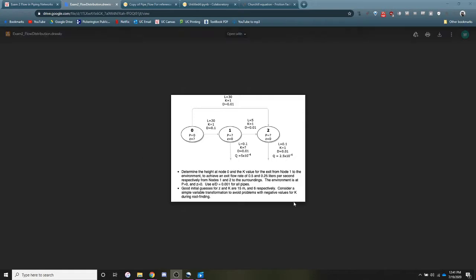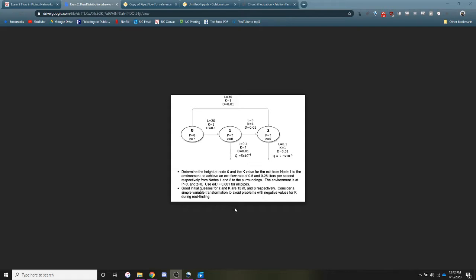So the exam is where we are given a network of pipes where node 0 is connected to 1 and 2, and 1 is connected to 2, and 1 and 2 are connected to the outside environment. We are given some values for some of the properties of the pipes, and we are tasked with finding the height at node 0 and a value for k that gets us these flow rates, Q equals 5 times 10 to the negative 4 and 2.5 times 10 to the negative 4 for nodes 1 and 2 respectively. We're supposed to use a value of E over D of 0.001 for all the pipes,